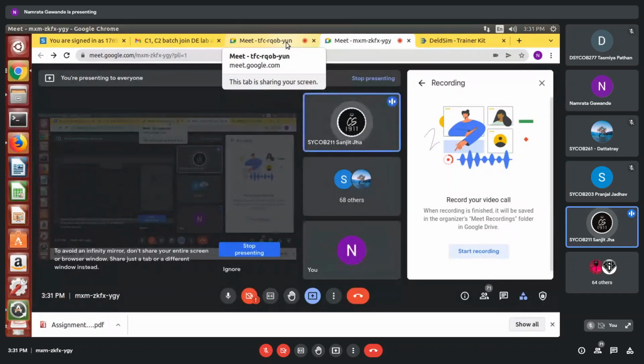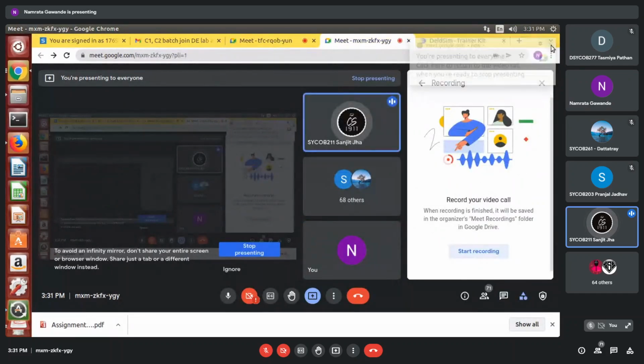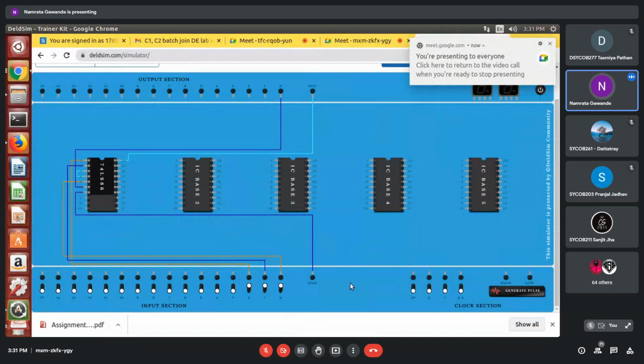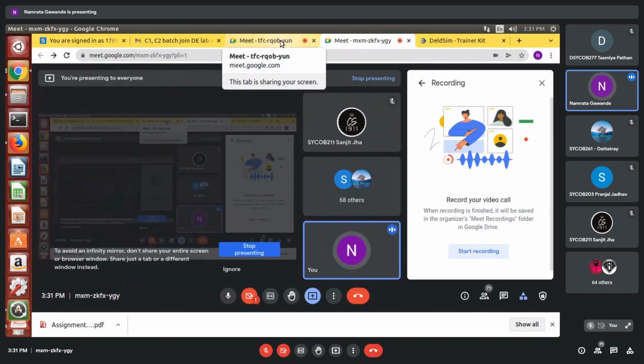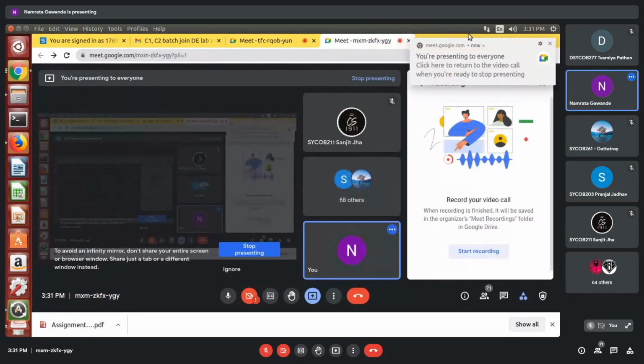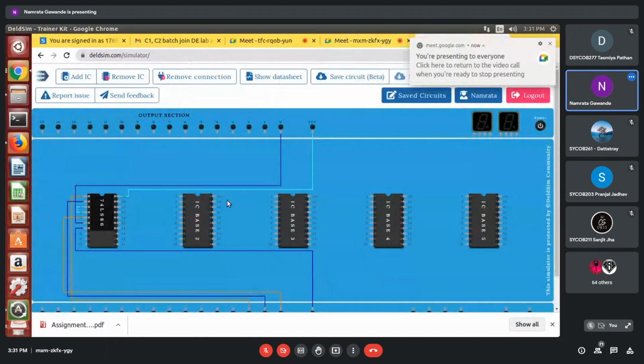Ma'am, the implementation part that we will make, where do we have to submit it? Just save your circuit. Otherwise you take some screenshots and save them in a file. If there is no save option, then just save it in a Word copy. I will check that option also now, because after that no one has communicated to me about this. I thought this problem was resolved. Now again I will check it. You just save your circuit, you will get it in the saved circuit. Fine.